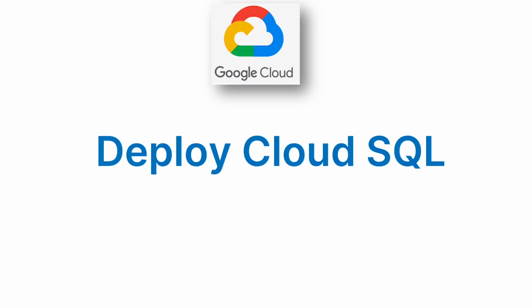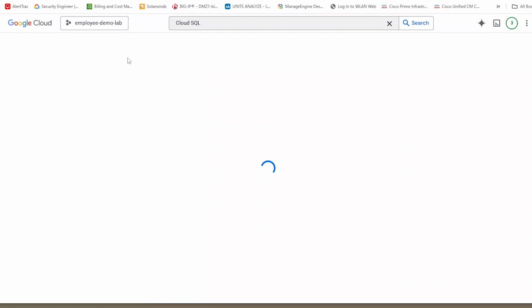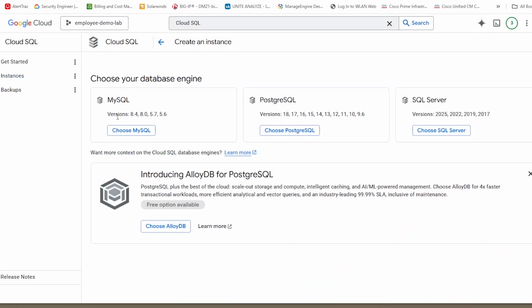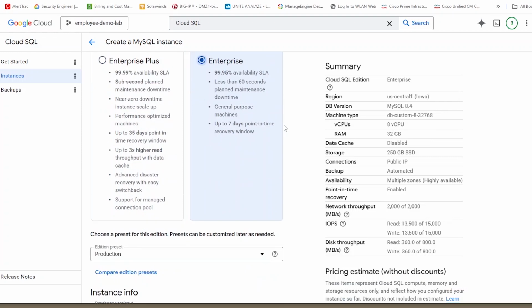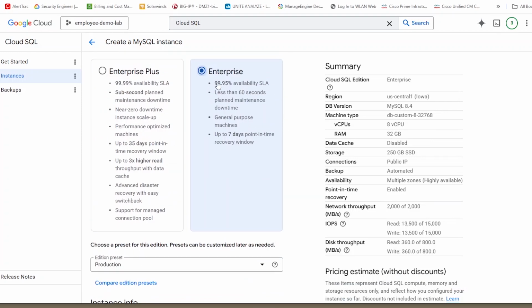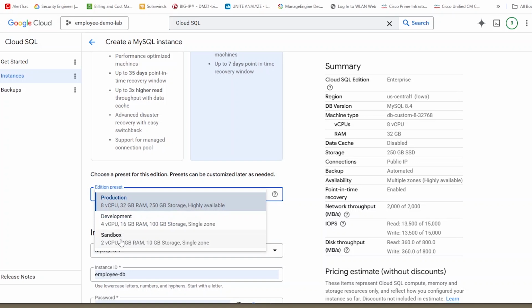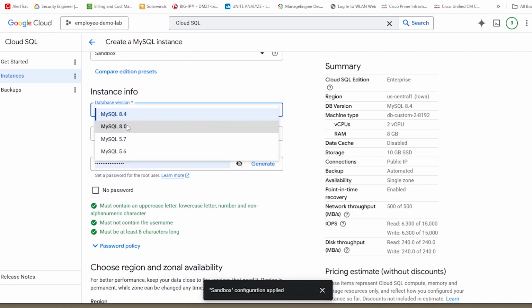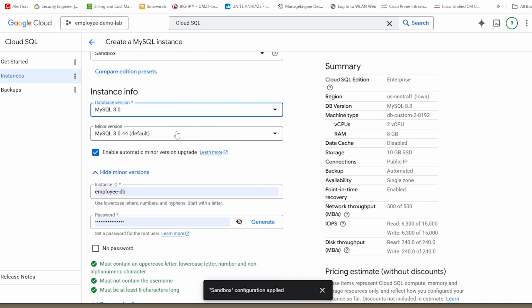Now, let's start to deploy our Cloud SQL. From the console, search for Cloud SQL, click on it and click Create Instance, then select New Instance. Then choose MySQL, then select Enterprise. We need to select Enterprise so that the high availability features are included. For the preset, select Sandbox, since this is demo only, and to avoid expenses. For database version, choose MySQL 8. For instance ID,